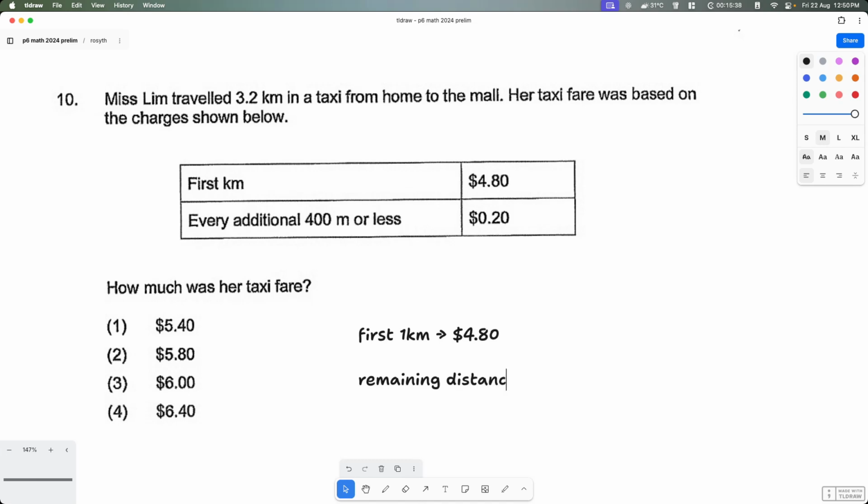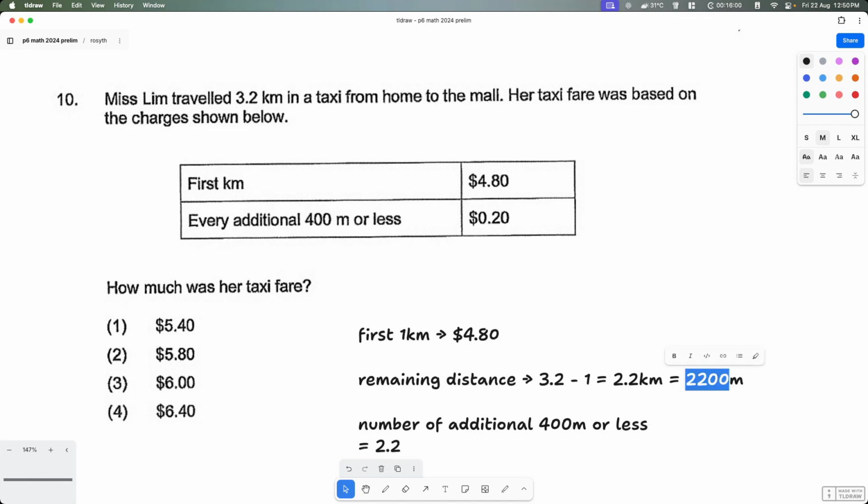Remaining distance is equal to 3.2 minus 1, which is equal to 2.2 kilometers. So the number of additional 400 meters or less is 2.2 kilometers. Let me put that into meters as well: 2200 meters. We divide 2200 by 400, which is basically 5,